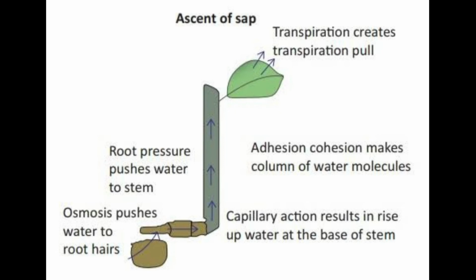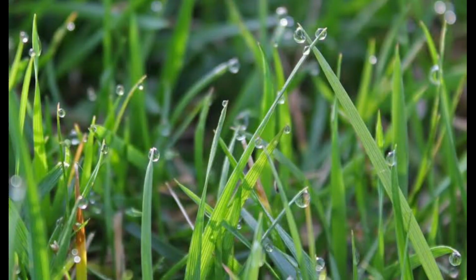I mean, that is the transportation of water all the way from soil into a plant. So another topic is called guttation. What is guttation? Normally in Poaceae family, grass family members, you might have seen some droplets of water on the tip of the grass blades in the morning session. That is excess water leaving these grass blades, especially in the morning time in winter. Such loss of water in the liquid phase is normally known as guttation.